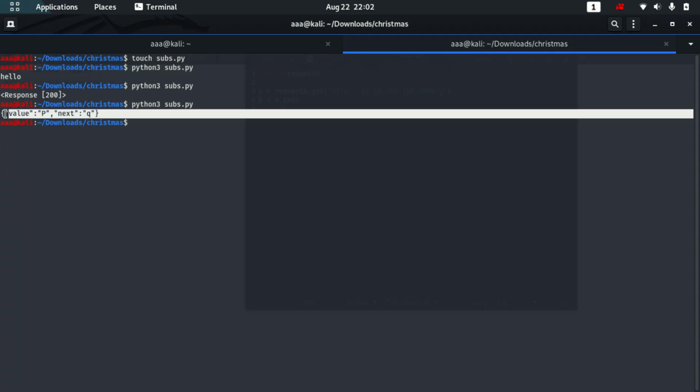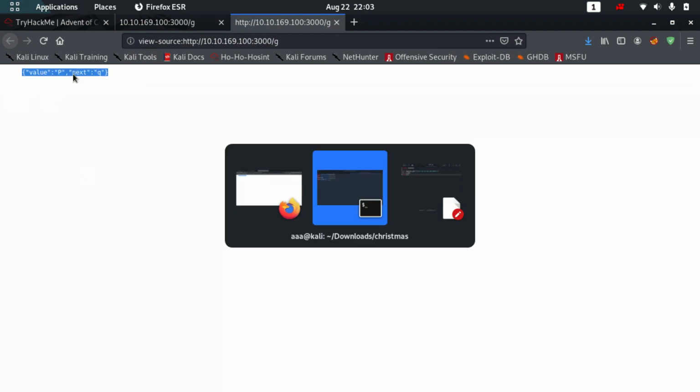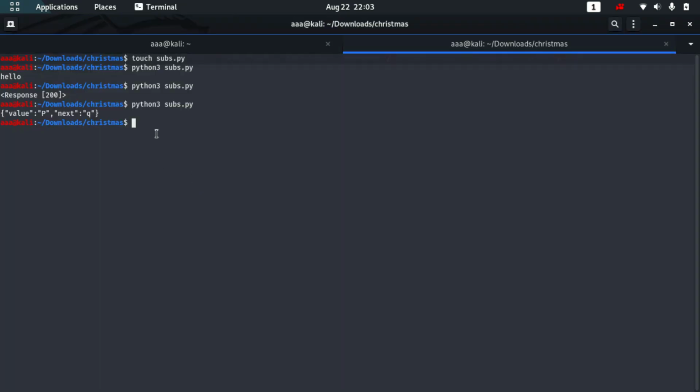You will see this is the value which we are getting here. Again I'm going to go to source code, Control U. This is the same value which we got here. So that is a good thing.